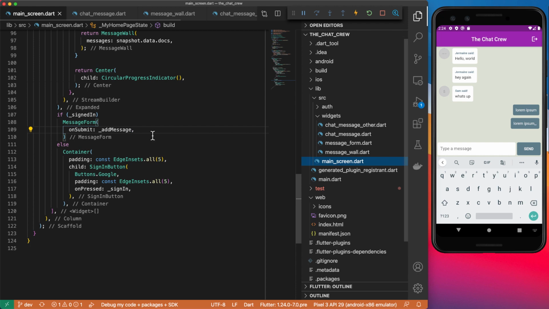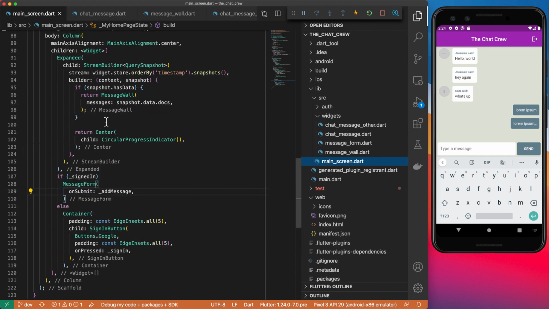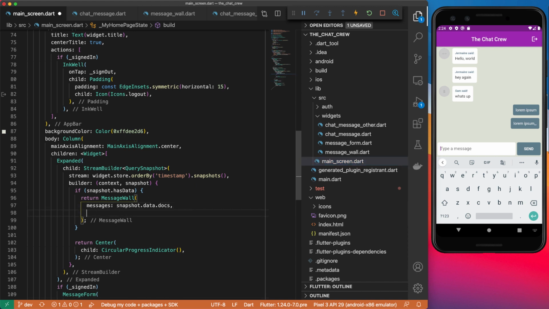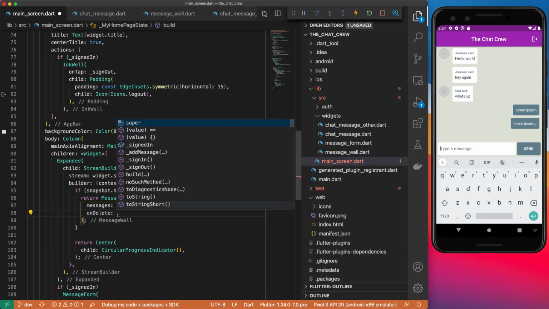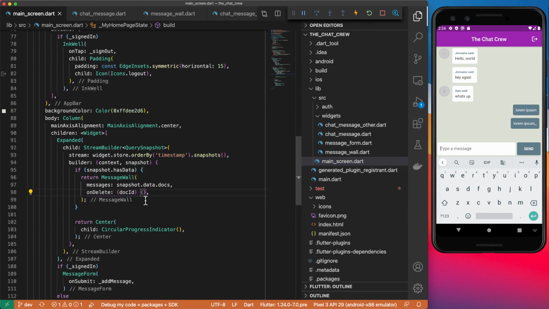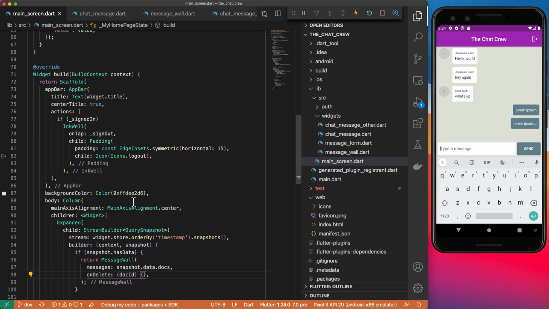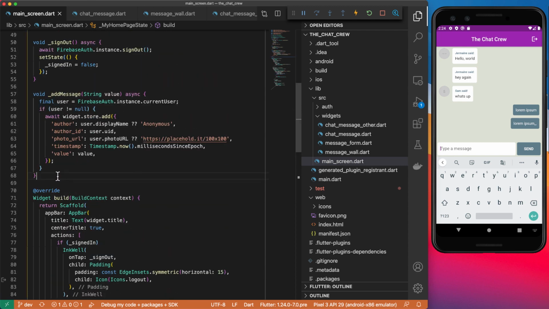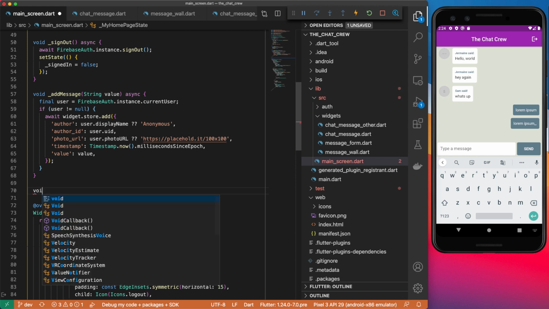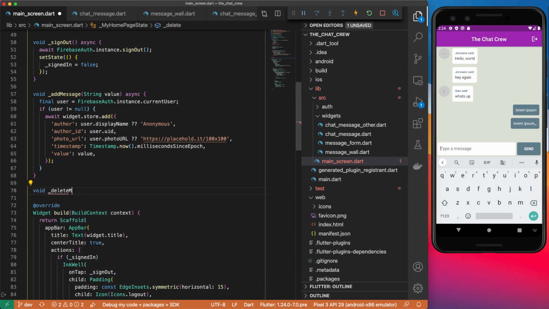So we'll come back to our main screen, and then over in message wall, we'll define on delete, which has the document ID. I can print out the document ID, but I think at this point it would be good to move a bit quickly. So I have a method called delete message,